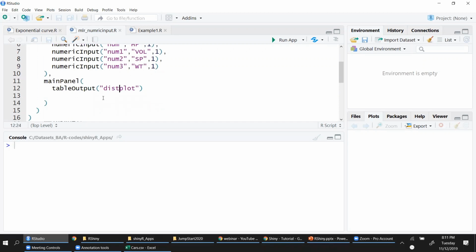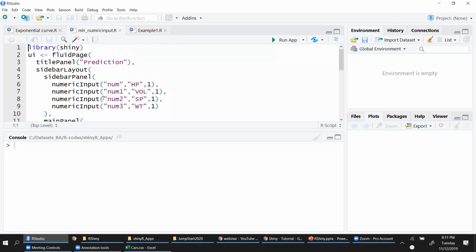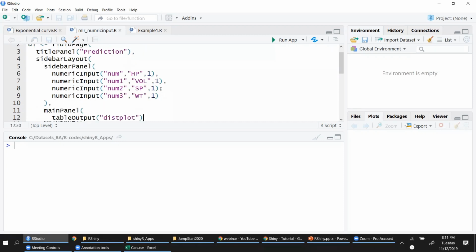And then I'm going to say display output or display plot. Now this is the user interface. Okay, I'm defining that there would be a title panel. For that screen that you're seeing, there would be a title, and then you will have sidebar layout and then sidebar panels. So these are the widgets.